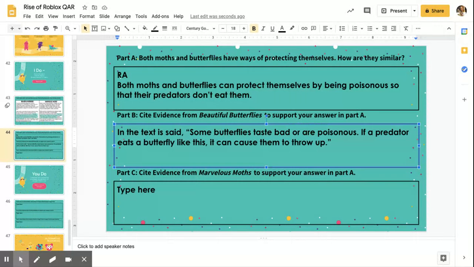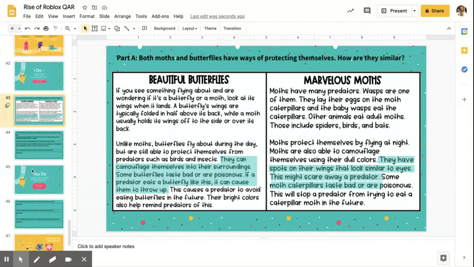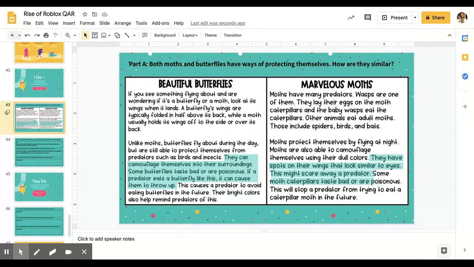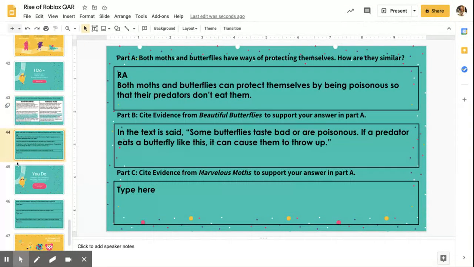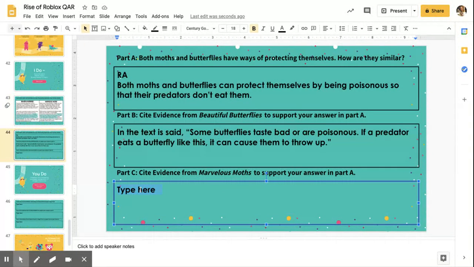Then it says part C, cite evidence from Marvelous Moths to support your answer in part A. Well, remember, go back to part A. My answer was that they are poisonous and that helps them protect themselves. So when I go back to Marvelous Moths, if it will load, come on now. I see what I've highlighted there about them also being poisonous. So that's going to be what I put into my box here. And remember, anytime I cite evidence, I'm saying in the text it said, and then I'm going to quote my evidence from Marvelous Moths that says